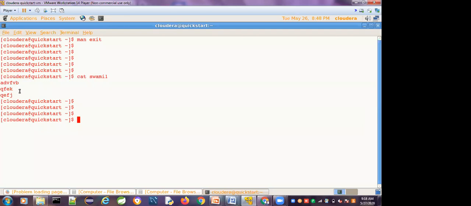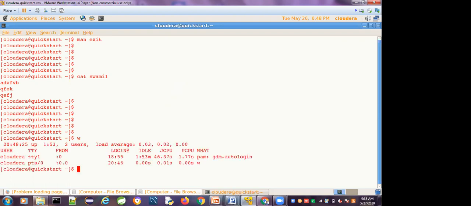How many characters are present, including the space? All of these can be achieved with the help of the word count command, the WC command.